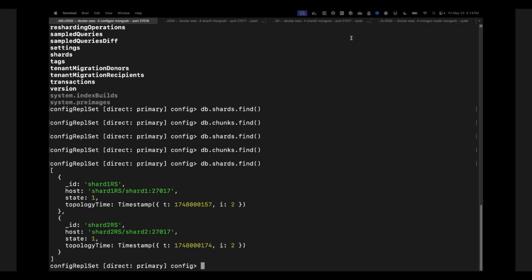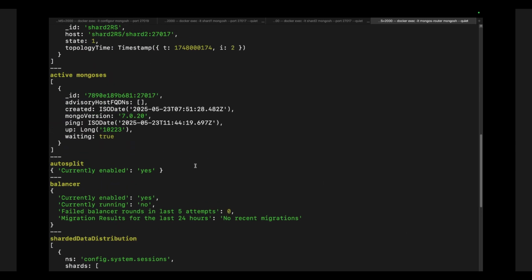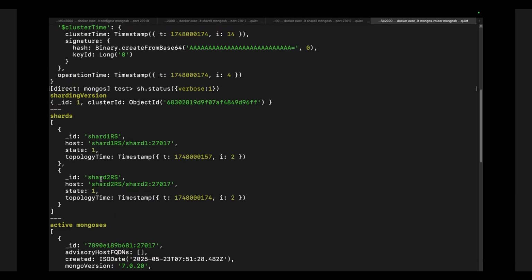Now, if we go to our router and run sh.status, we have added verbose:1 to get more lines for the explanation. Here you can see that two shards are registered, shard1RS and shard2RS.